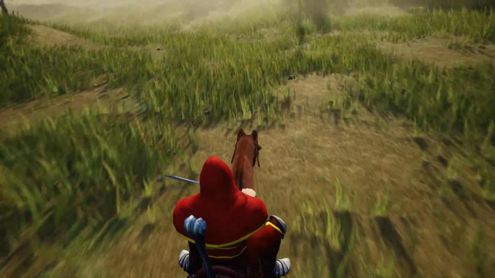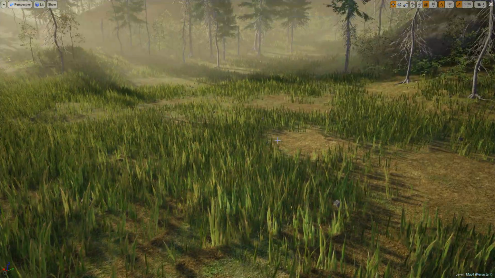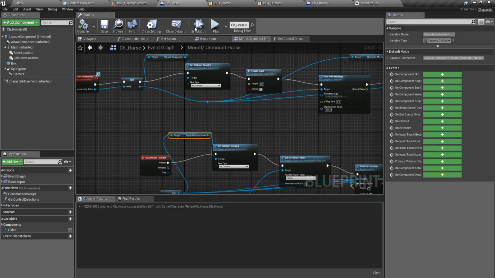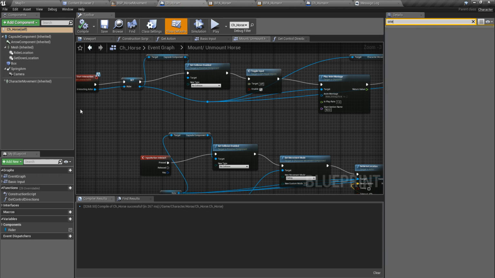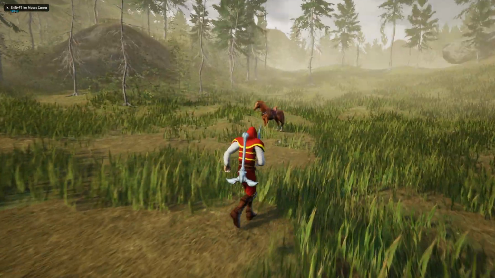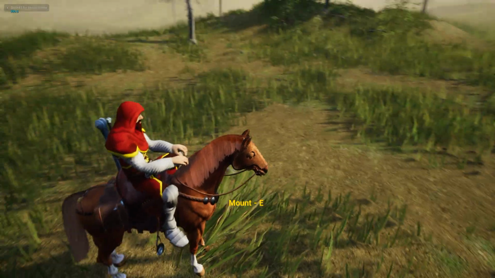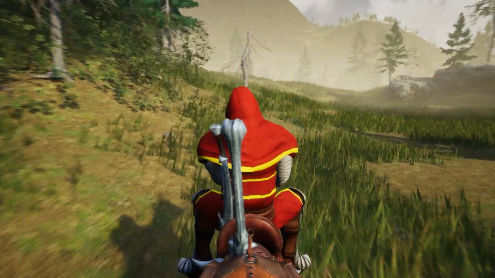Right. Oh, great, the horse can move. And okay, the problem is I haven't made the horse orient towards the movement direction. We should have some option for that in character movement. Yeah, this one. Let's check again. Where's the horse? Alright. Okay. Right, now we can ride the horse,